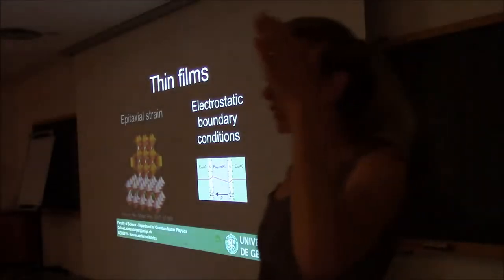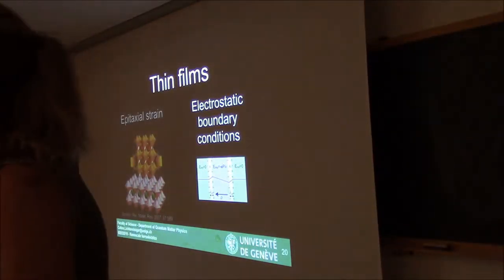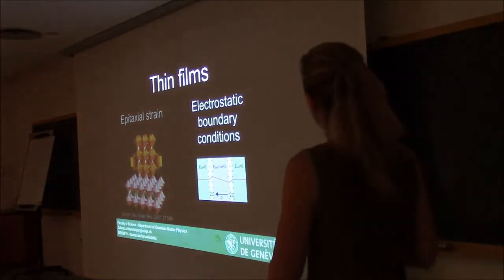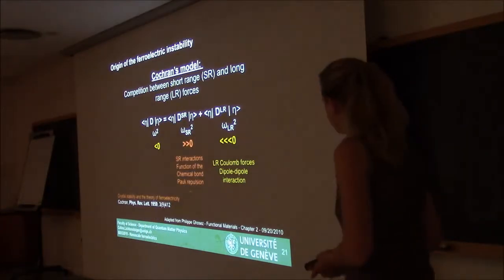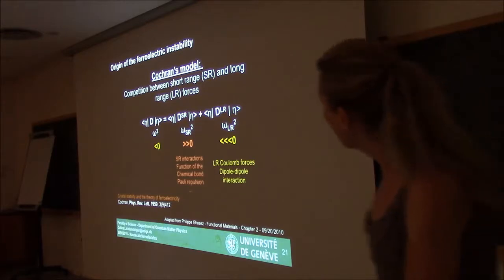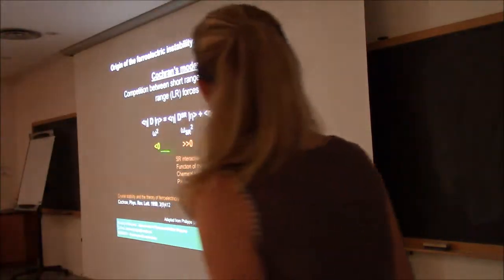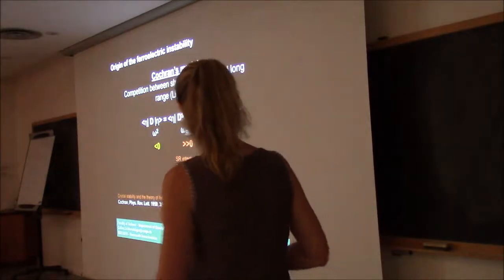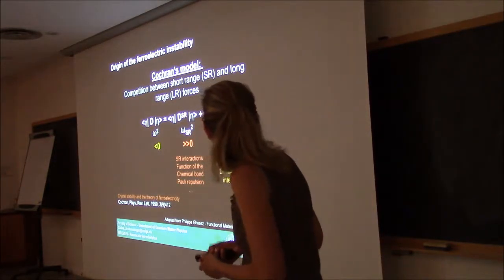Okay, so keep in mind that strain is very important in nanoscale ferroelectrics, but electrostatic boundary conditions are extremely important as well. So let's spend some time on that. And to understand what happens, you have to go back to the origin of the ferroelectricity, and we can go back to 1959, to this paper of Cochran,